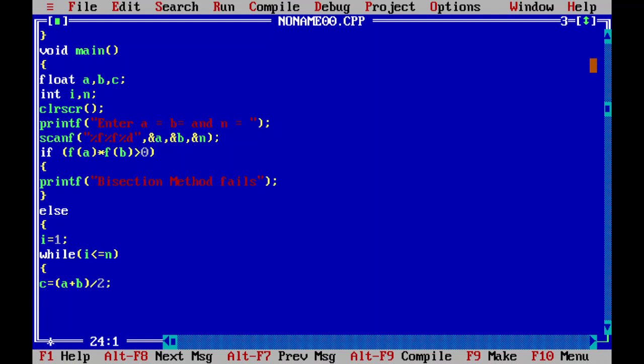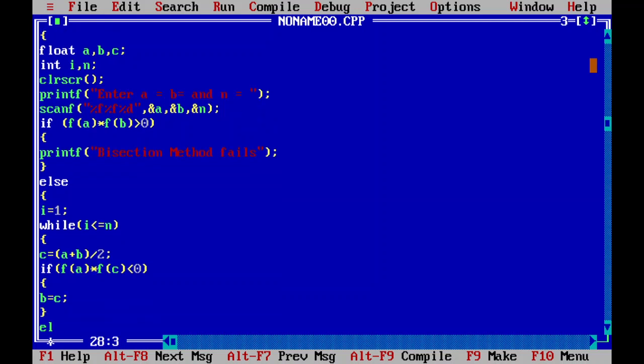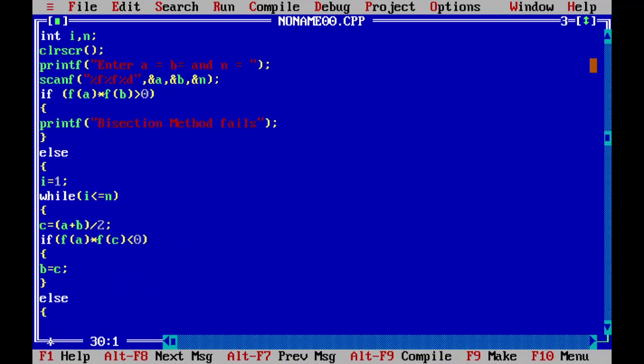Then if f(a) * f(c) is less than 0, it means the root lies in the interval a and c, so we replace b = c, else